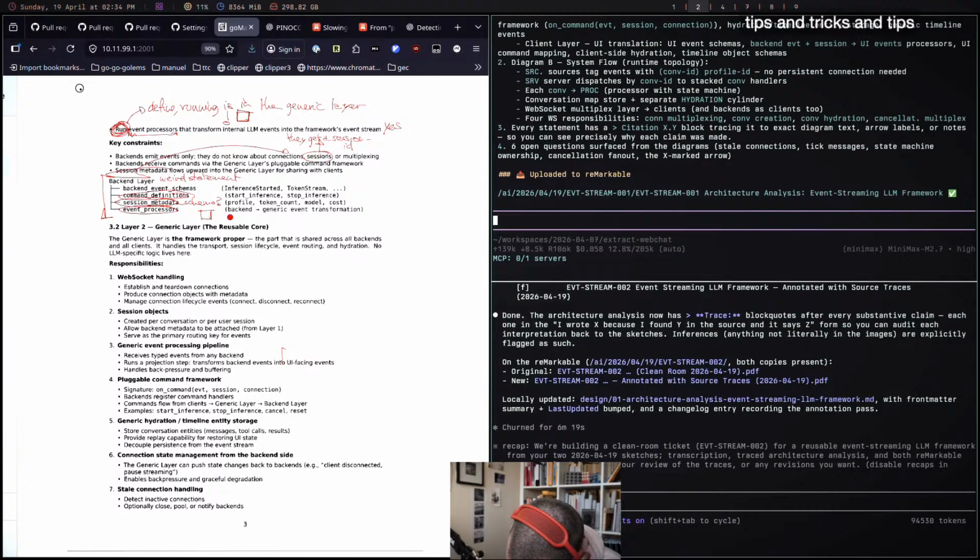But yeah, this is nice. The fact that it was able to separate these as generic components, but I'm not entirely sure that it, quote unquote, understands exactly what I want. Because I already have a pretty clear picture in my head.